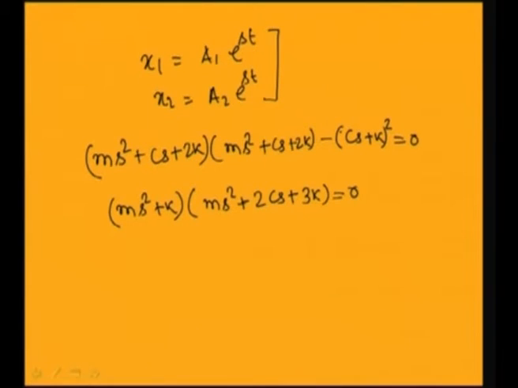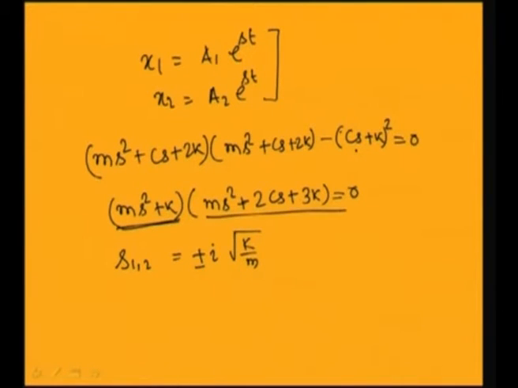You can do this by following 2-3 steps. First multiply this equation with this equation, and minus (cs plus k) square, and expand these terms. After expanding you can rewrite this equation in this form. From this you can find S12. This will be equal to 0 when either the first part equals 0 or the second part equals 0. So S12 will be equal to plus minus i root over k by m,